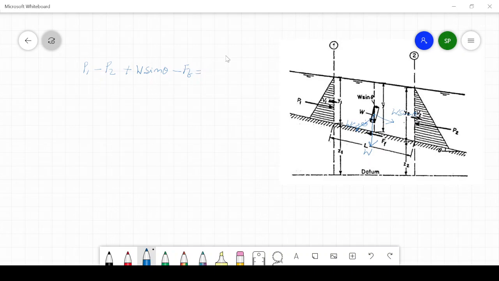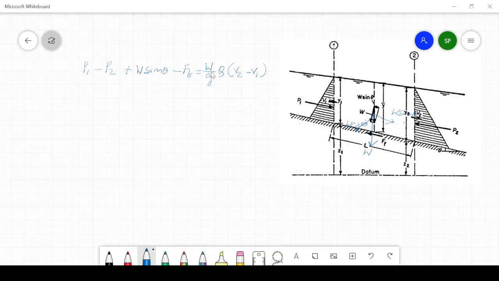If W is equal to unit weight, then W by G, Q is the discharge. This is uniform flow. Okay, flow is uniform. That means discharge throughout the section is the same. V2 minus V1. Sorry, not uniform flow. We consider that discharge throughout the section is the same. So here this is simply momentum, isn't it?